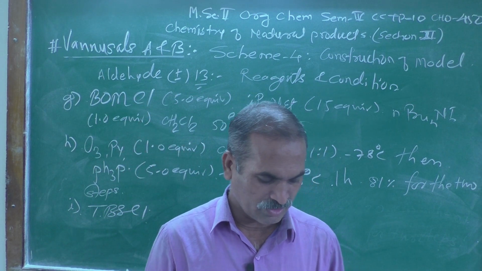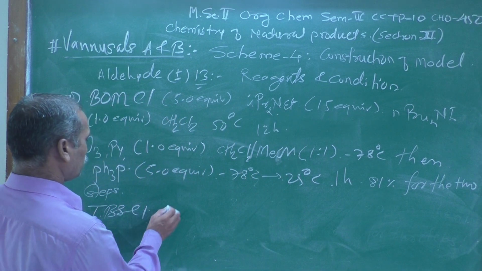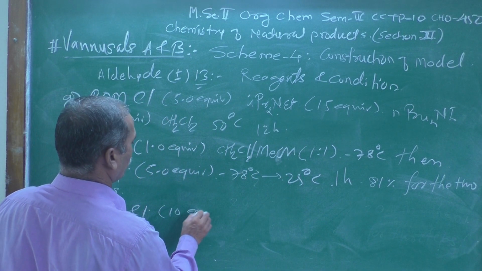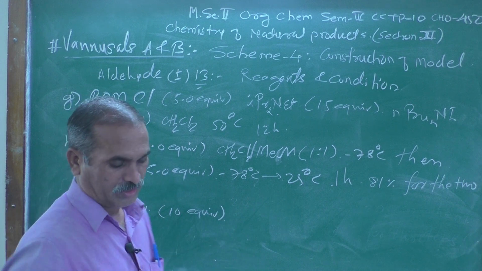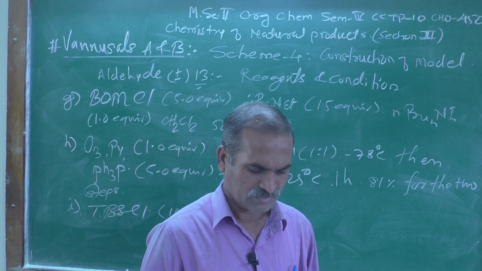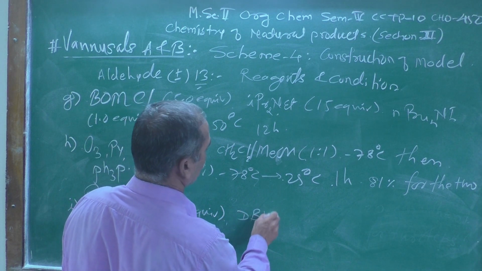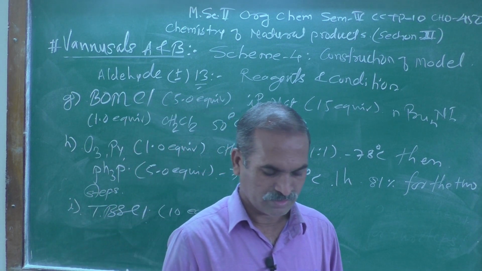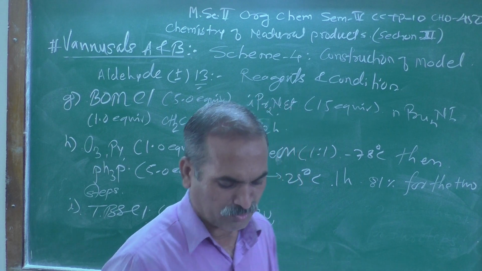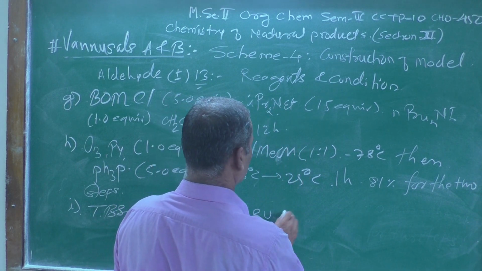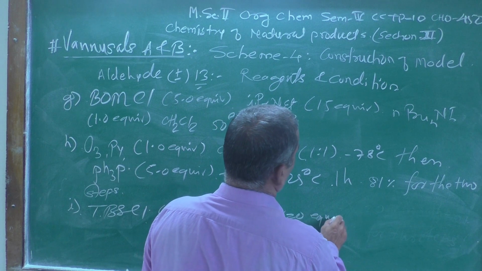How much equivalent taken? It is taken near about 10 equivalent, and then DBU was taken 20 equivalents,